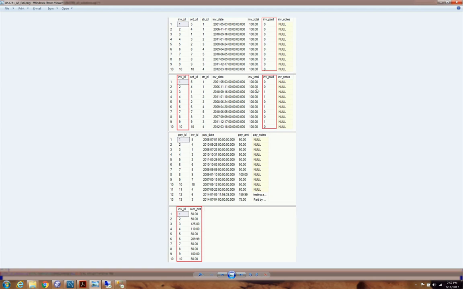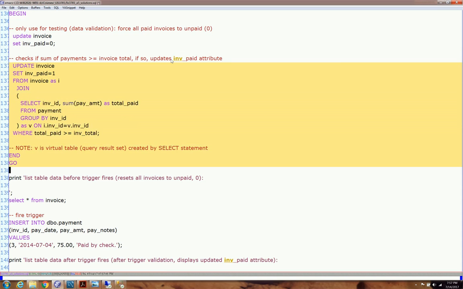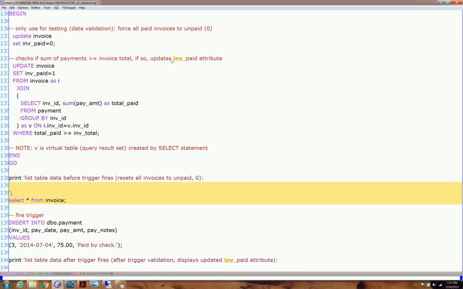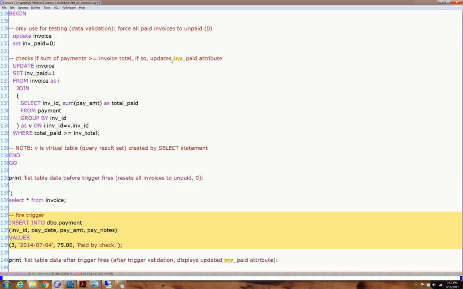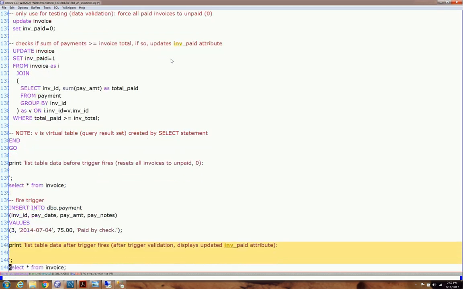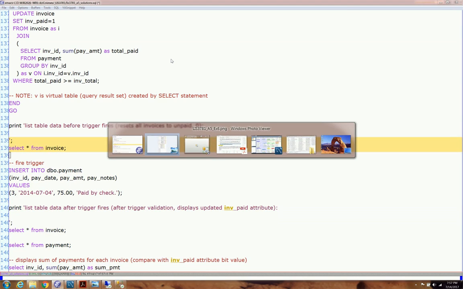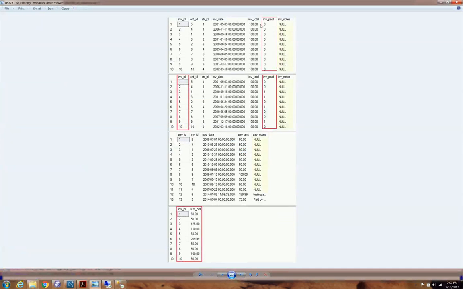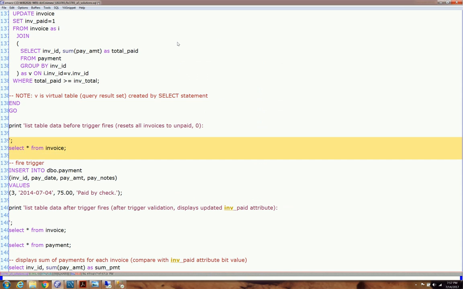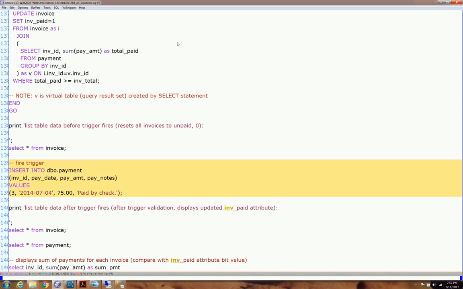Now next, what I'm doing is this. So I do a select before the trigger's fired. I then fire the trigger, and then I list the tables after. So here's the invoice before, right here at the top, all set to 0. I fire the trigger,